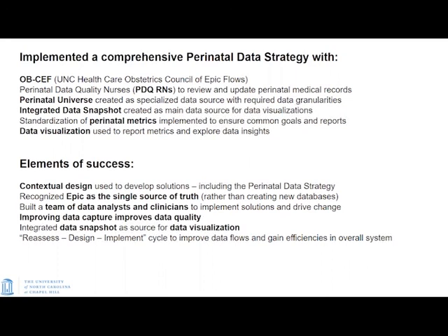In terms of elements of success for this data strategy, I think contextual design is maybe one that is up on top. You really need to get involved with the users, the clinicians, understand how the data flows, where the data is collected, and how the data finally ends up on the tables.